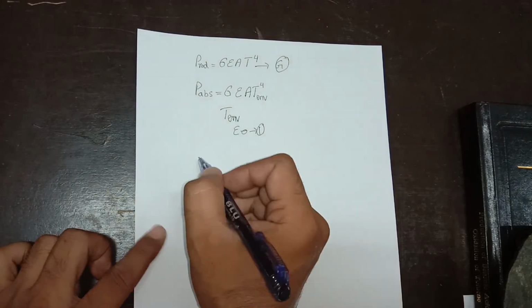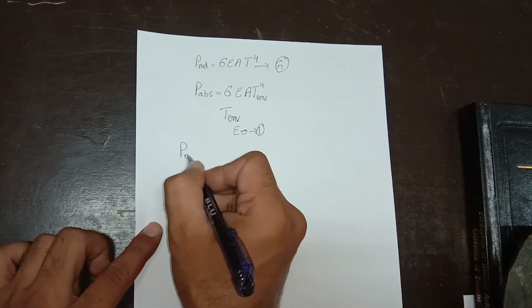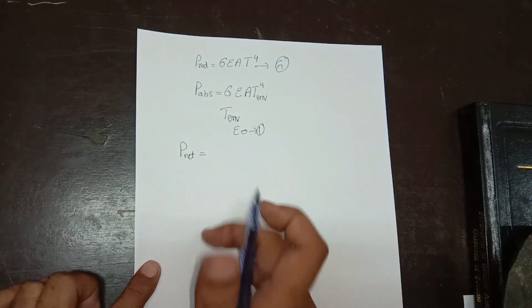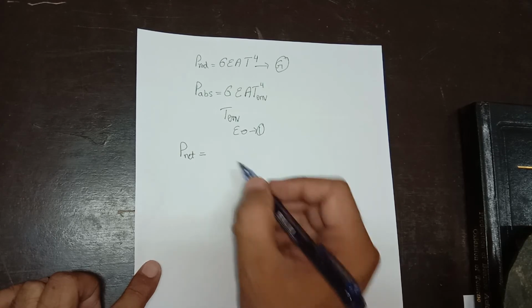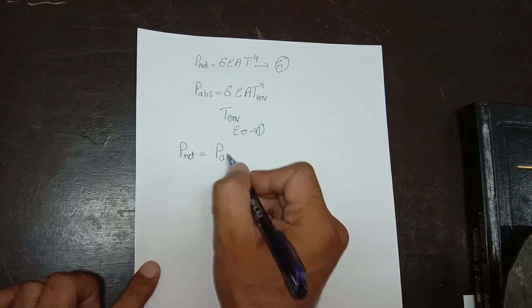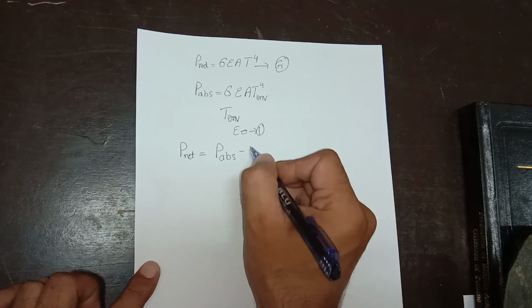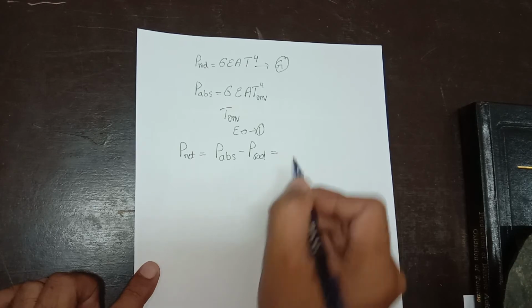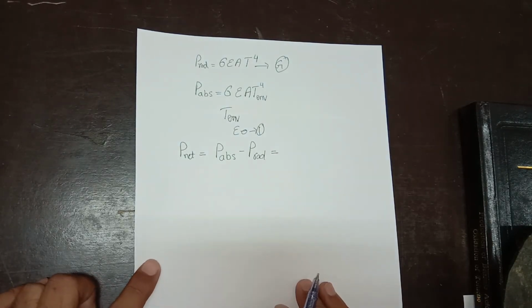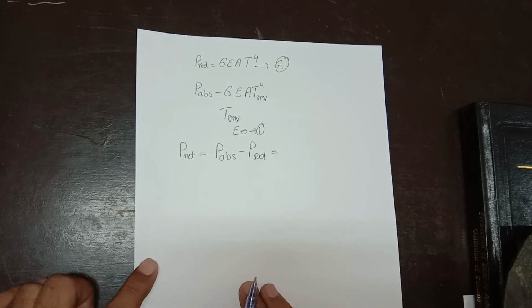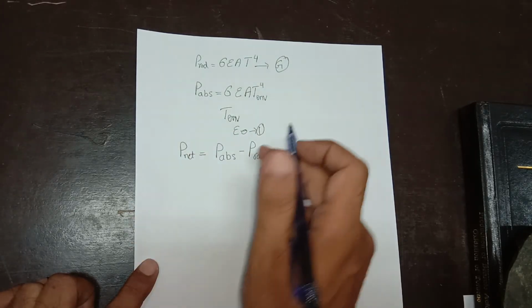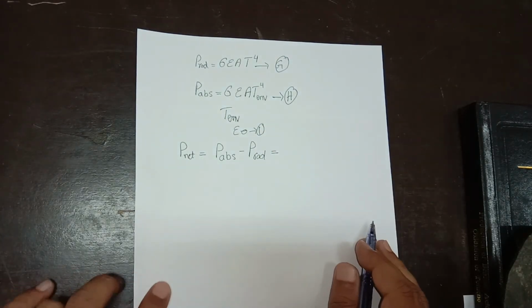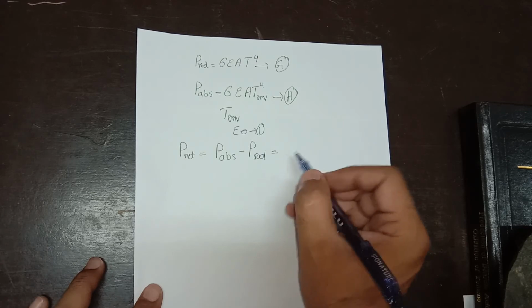So in this case we are interested in the net rate of electromagnetic radiation, that is equal to the absorption rate minus the radiation rate, or emission rate. So, putting the values from equations G and H into this, I would get